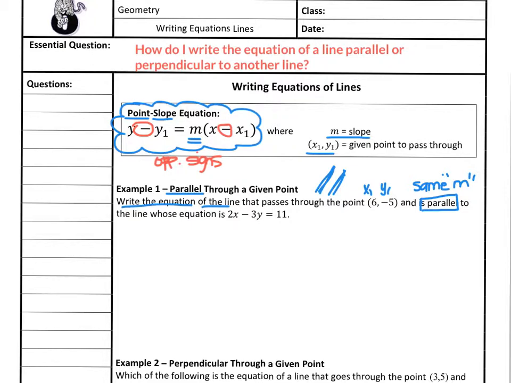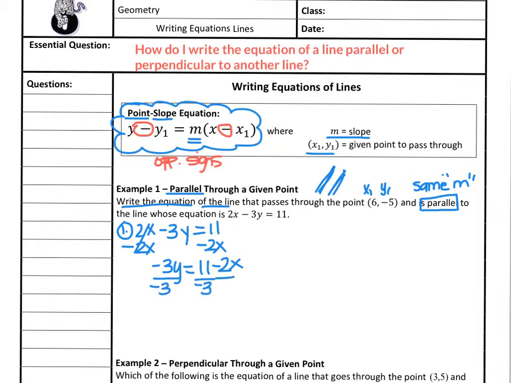Okay, so step 1, we always have to identify the slope by getting it into y equals mx plus b form. So I have to rewrite my equation, rearrange it, so 2x minus 3y equals 11. We're going to get it in y equals mx plus b form. So I'm going to subtract 2x from both sides, bring down the negative 3y equals 11 minus 2x, divide both sides by negative 3, okay, and then we get y is equal to